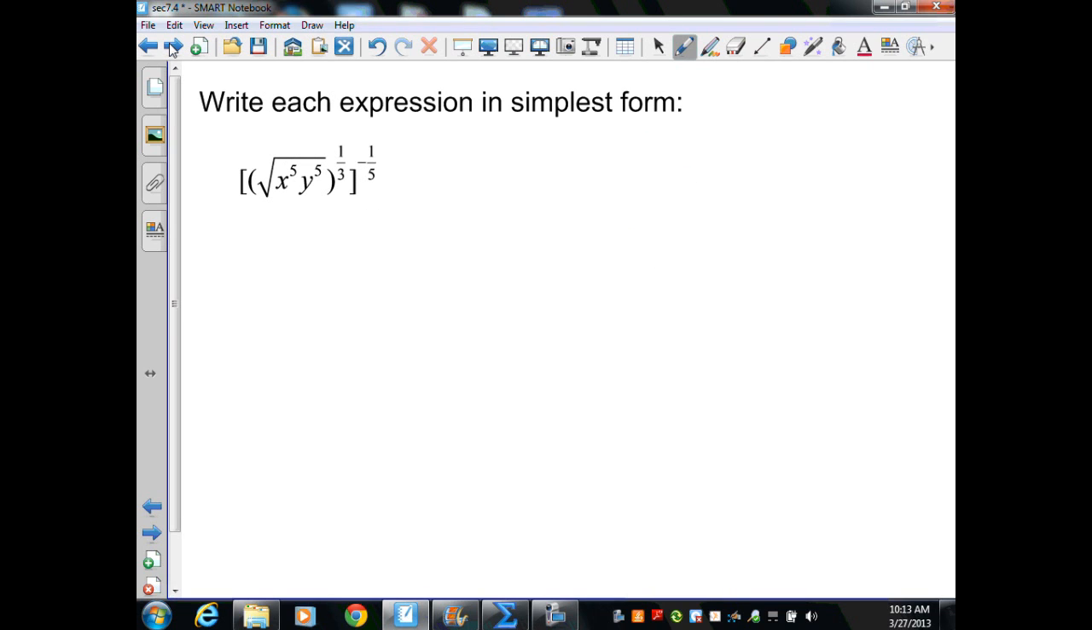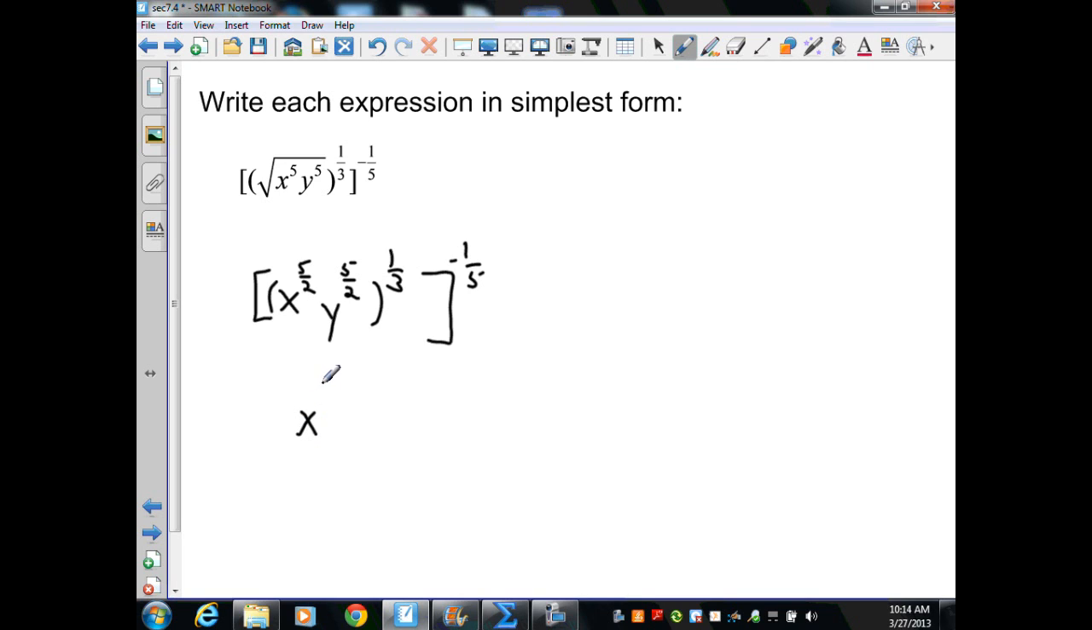Again, I want to simplify. I want to change these to rational exponents. So when I do that, I rewrite everything else. And this is going to be x to the 5/2 and y to the 5/2. And that's all going to be taken to the 1/3 power. Now, I can use my power to the power rule, which gives me x